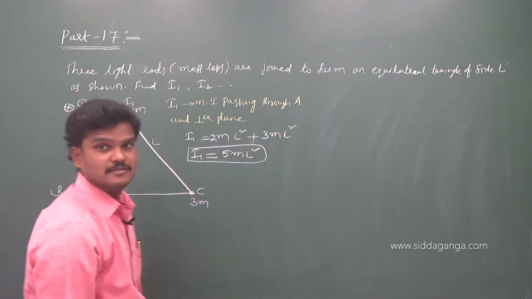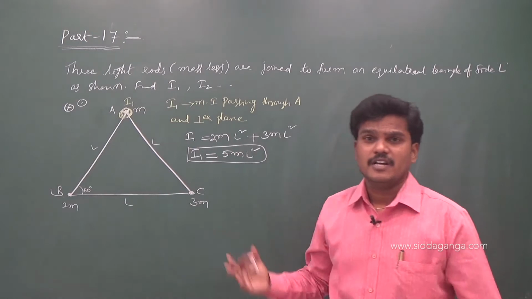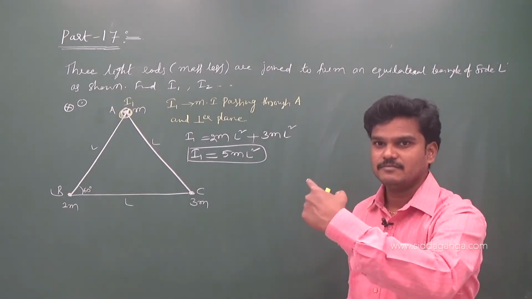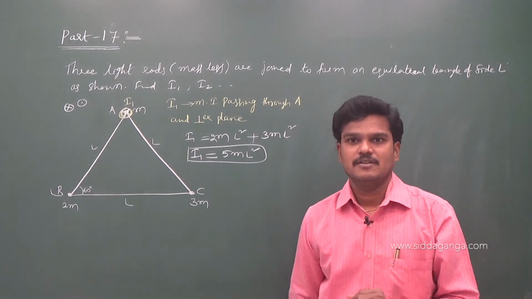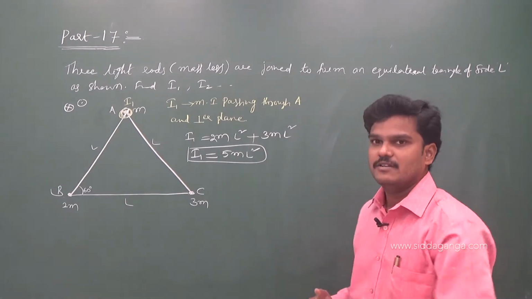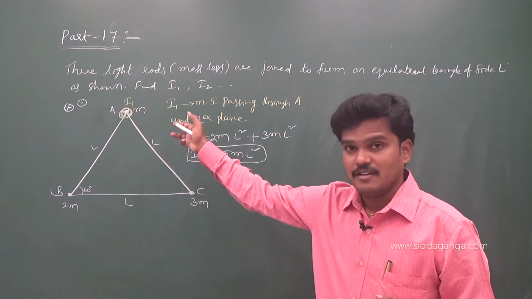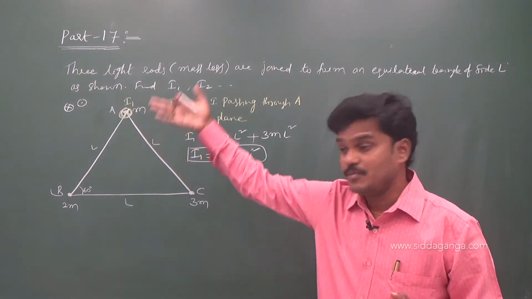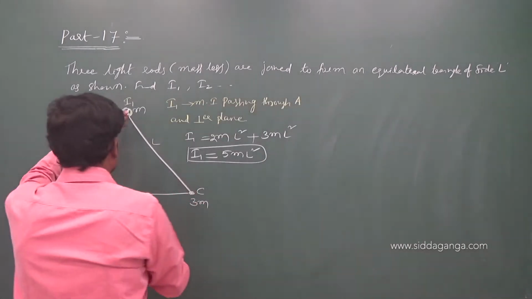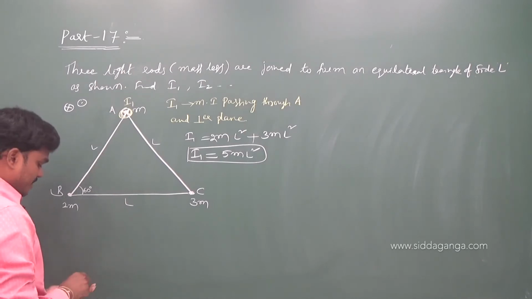Got it? Okay, they may give I1, I2, I3, I4. Just see how many varieties I am going to show here. Generally they will ask one question in an exam, but there are a variety of questions based on this. I1 is done. What is I1? The moment of inertia passing through A, passing through the mass M and perpendicular to the plane. So this is rotating. Next, let me find I2.